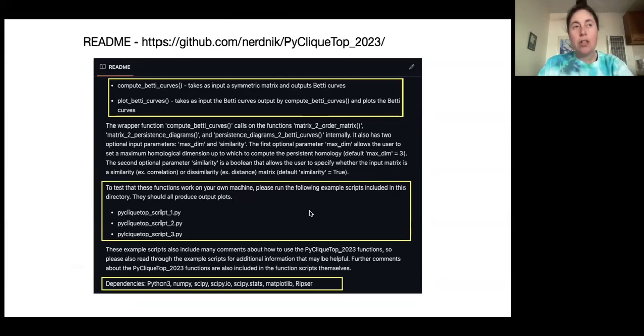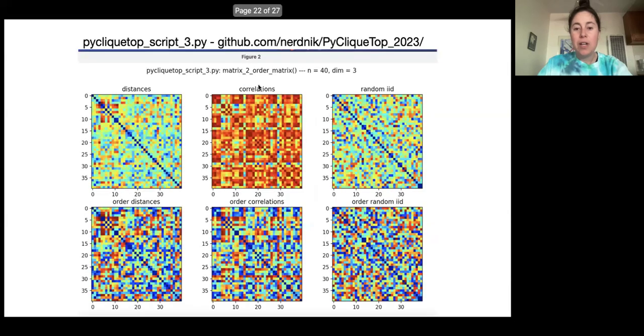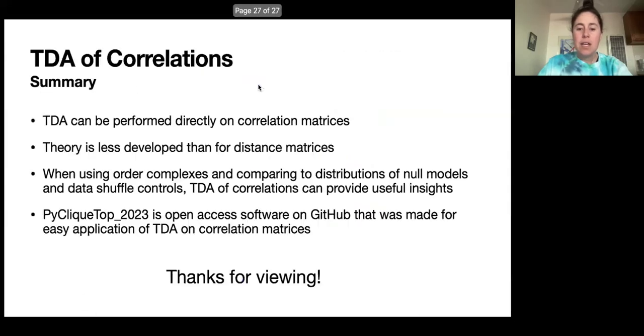And each one should generate figures that will pop up. In the scripts, there's a lot of commentary sprinkled throughout, so hopefully reading that will be informative of how the different functions inside of this package work together to compute Betti curves and plot these Betti curves for any type of symmetric matrix, whether it's a correlation or a distance. Given the time, I'm just going to flash through some of these plots that you get running those three scripts